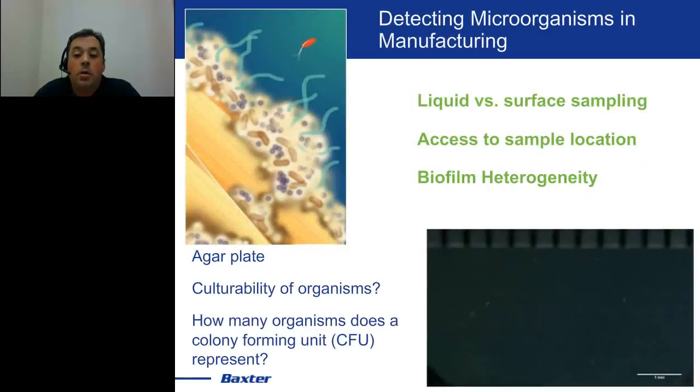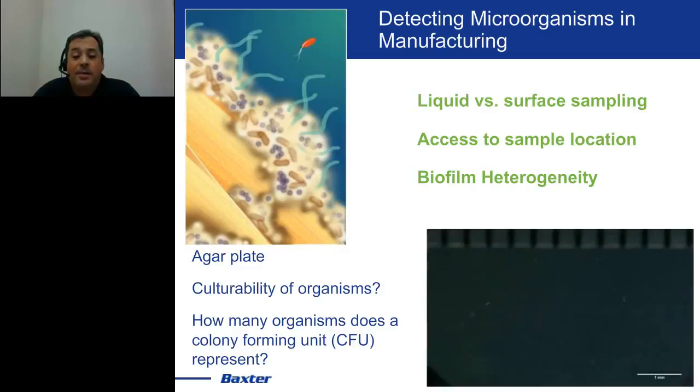All right, so when you're thinking about detection of microorganisms in a manufacturing setting, the first thing you need to think about is where you're going to do your sampling. Hopefully this is based around your microbial control plan. You're going to be thinking about, okay, what kind of sample am I taking? Typically, we take a liquid sample. There are occasions where we might take a surface sample, usually a swab. Did we pick the right location? If we are taking a surface sample, how accessible is the location we'd like to get to? We might be swabbing the tank, but the real issue might be in a valve upstream, because biofilms are very heterogeneous. They don't necessarily occur consistently across your system.